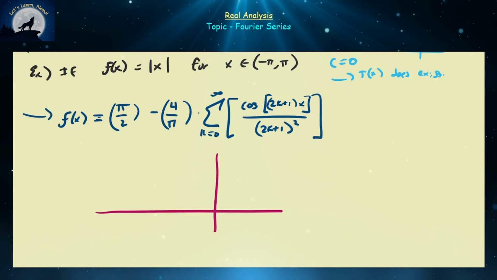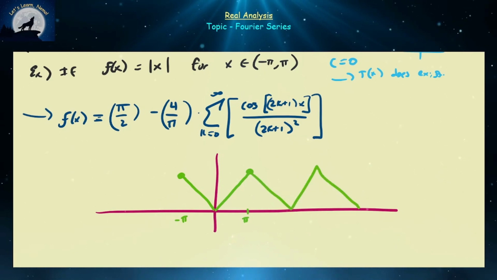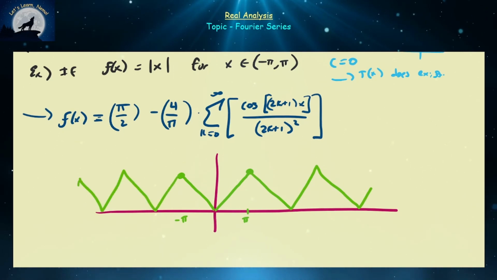So what exactly are we looking at here? The absolute value of x has this representation. This is positive pi, and this is minus pi. So this is the only part of the function that the Fourier series is associated with, and it does exist outside of this interval, but it is going to be periodic in terms of what it represents on the interval minus pi to pi. So this piece right here is the only part that we're really concerned with,